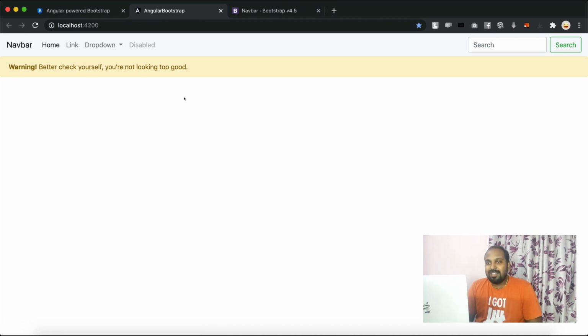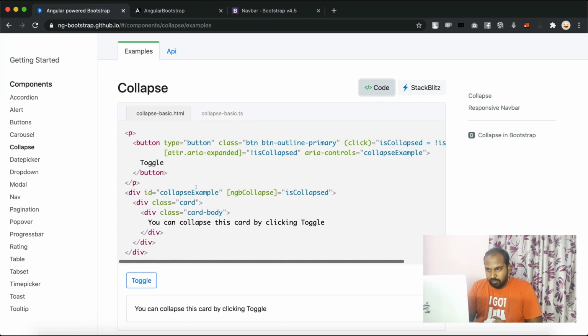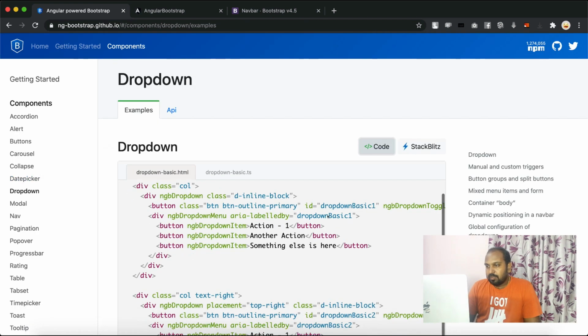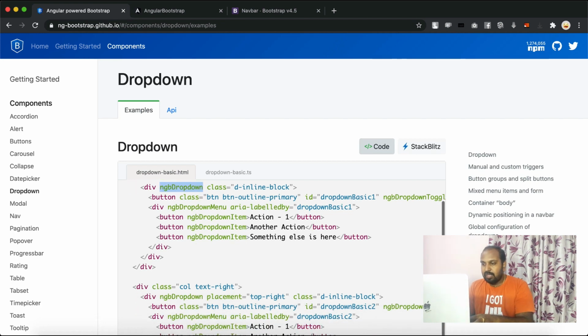Now see, the navbar came, but the dropdown button doesn't work by default, because the Bootstrap syntax we copied is jQuery based. To overcome that, there is a section called dropdown, where they have provided syntaxes on how to make it work. We need some directives, so we can apply these directives to achieve that.